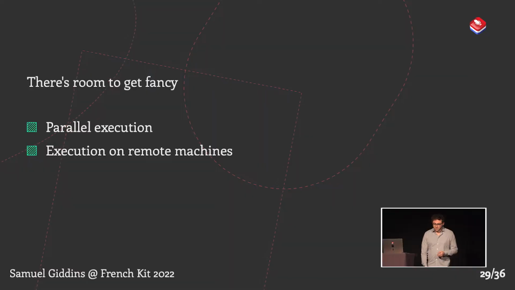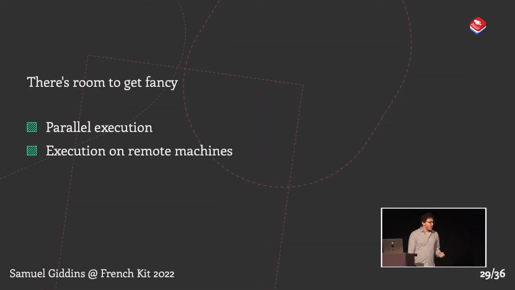So getting fancy here means doing things like executing different tasks in parallel. If you're compiling multiple Objective-C files and they're in the same library, they don't have any dependencies between each other. We have these beefy, amazing Apple M1 machines, and they can run like, what, 16 things in parallel. That means our code builds 16 times faster.